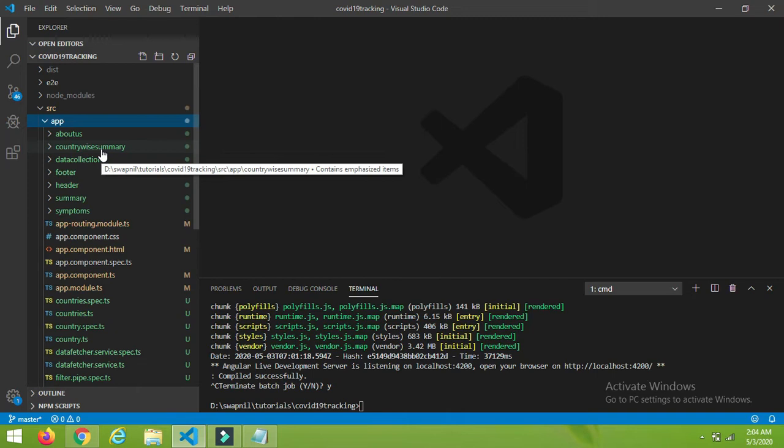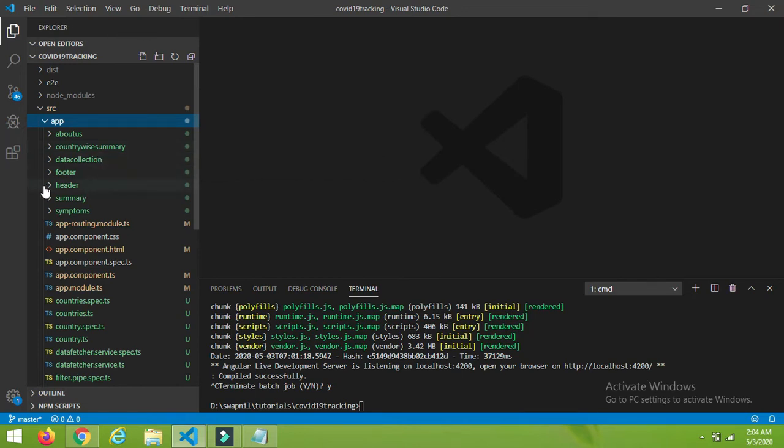So first of all, I will create the header component. In the header we will have the logo and the navigation menu. We are going to use Bootstrap. If you don't have an idea how to create the navigation bar in Bootstrap, you can simply search on Google or go to the Bootstrap site. Here you will get the direct code for creating a navigation bar. So just copy and paste it in our header component.